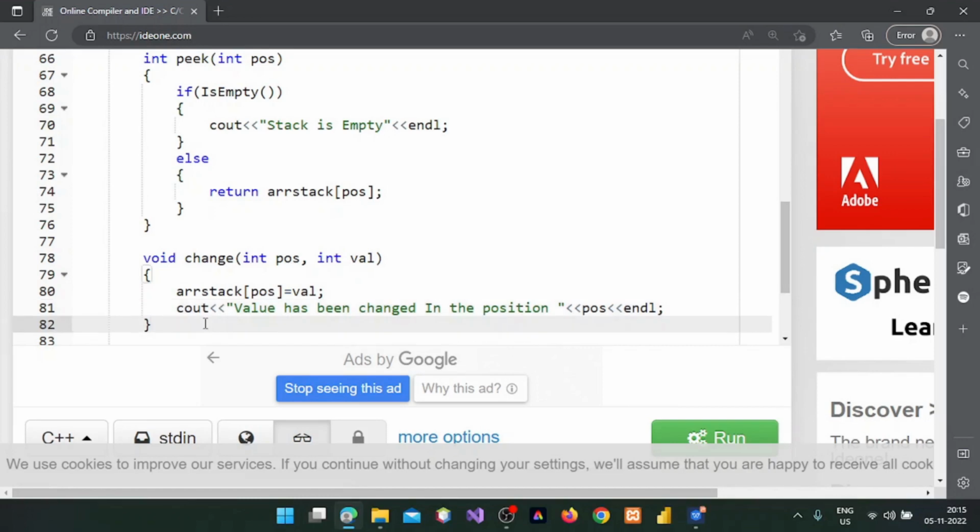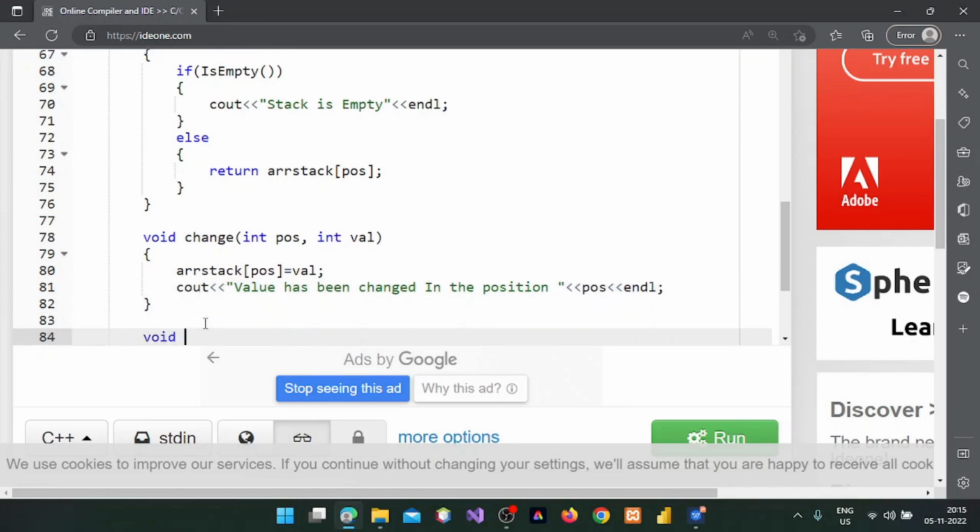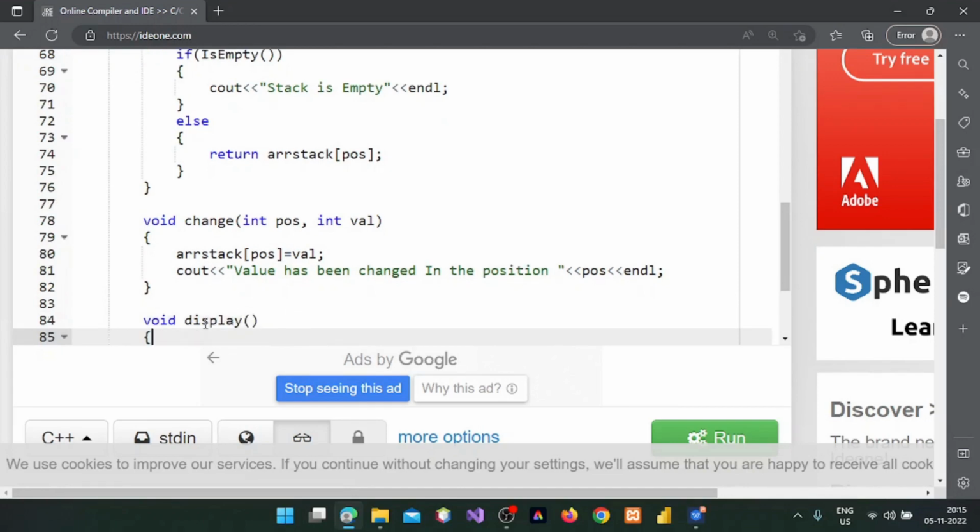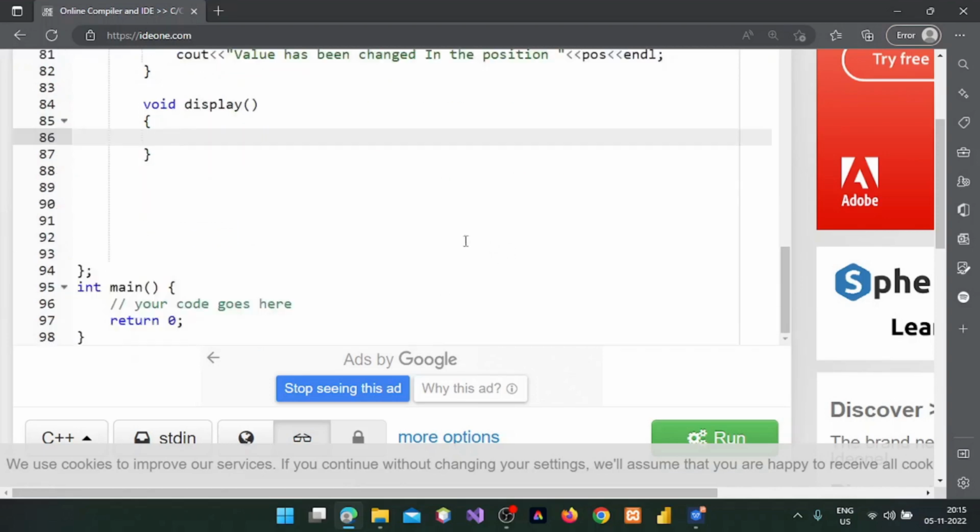So the display function is going to be like this: void display, and again it doesn't take or return any value here. This display function is going to display for integer I equal to, I am going to start from 4 because it is an array of 5 elements. So 0 to 4. Okay, I is greater than or equal to 0 and I plus plus,